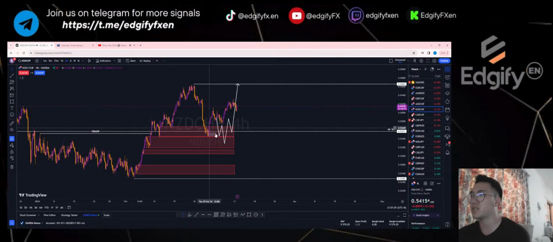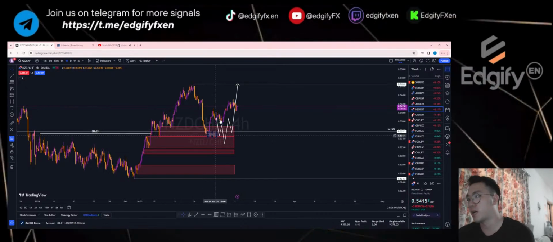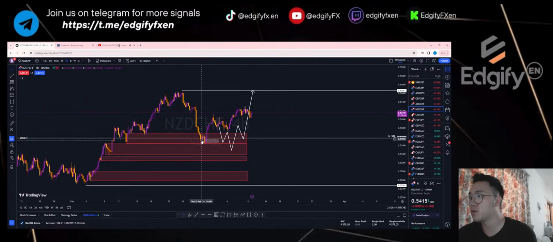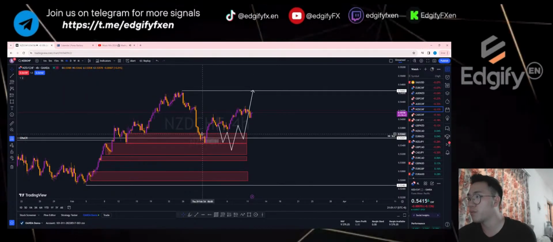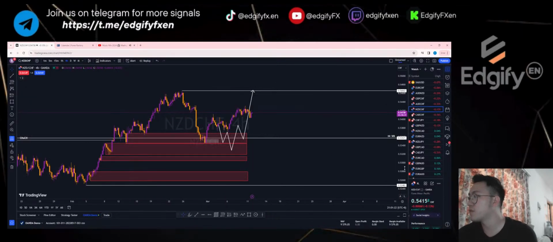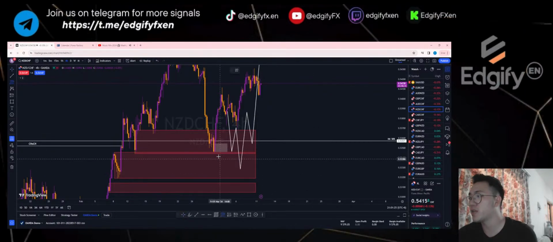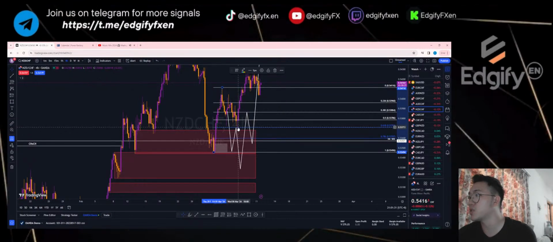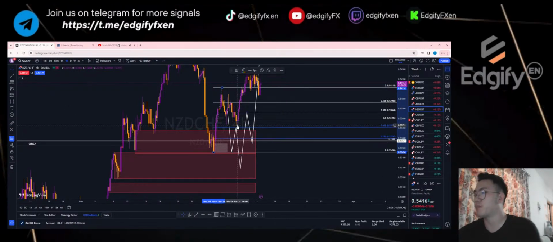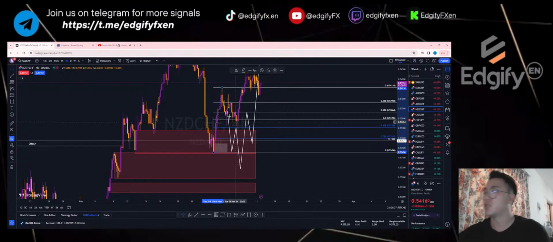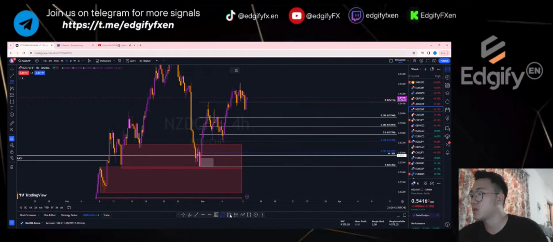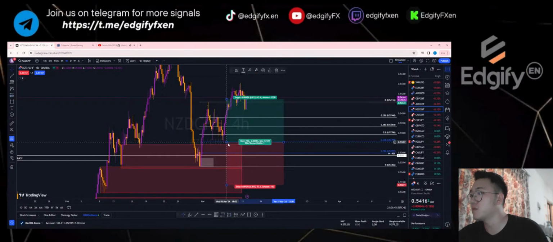If you look at NZD CHF, it actually respected how I drew it. It came down, and a very small retracement here, broke below, broke above this level, came back but did not tap in at this level here. So if you were to see how far it went, about here. If you're entering at the 618, it actually tapped and just left. But all this happened last week, so I actually did not take this trade. So if this is where you took the trade last week, let's just say you take an entry at this level.